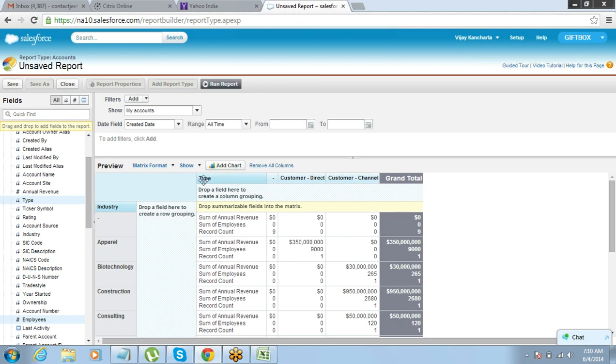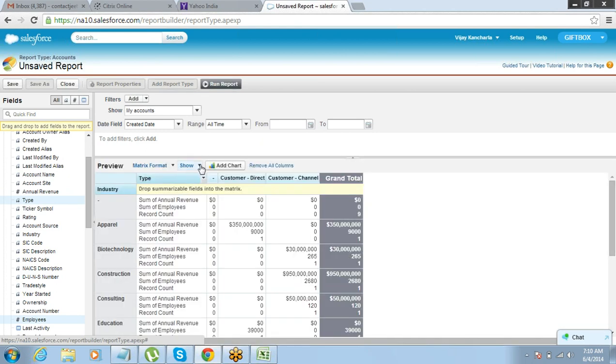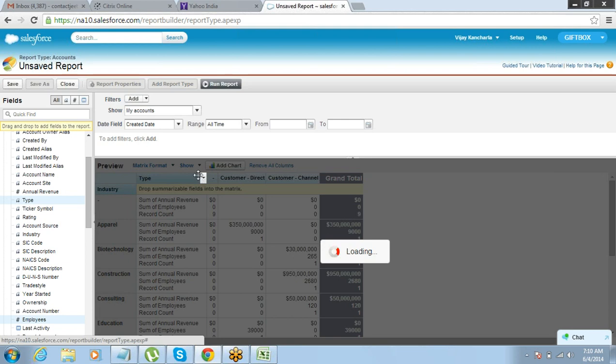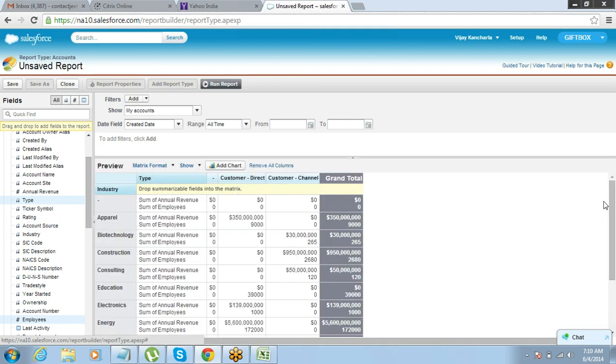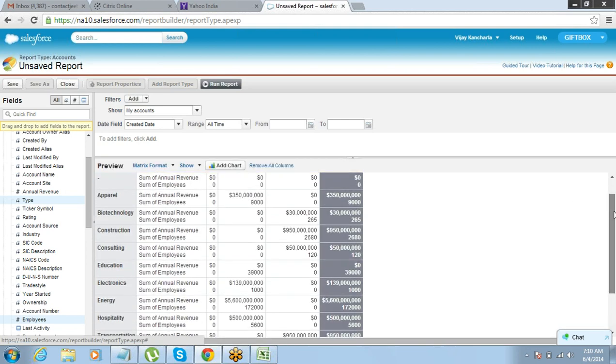Summarizing is being done. Go and go to show. Remove the drop zones. It will remove the drop zones, and go and remove the record counts. That's it. Here is the report